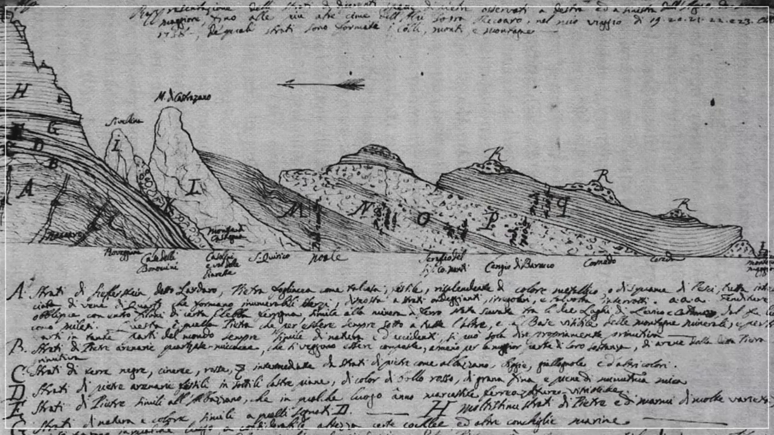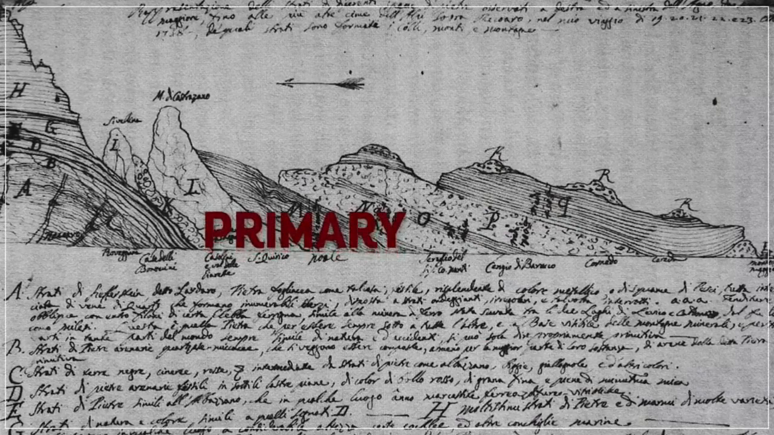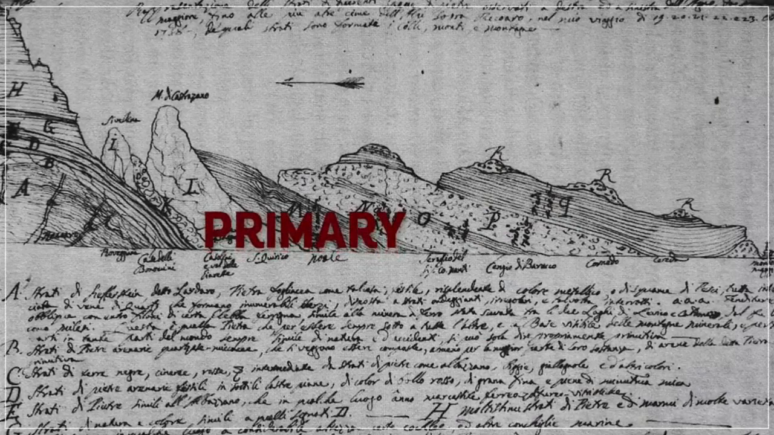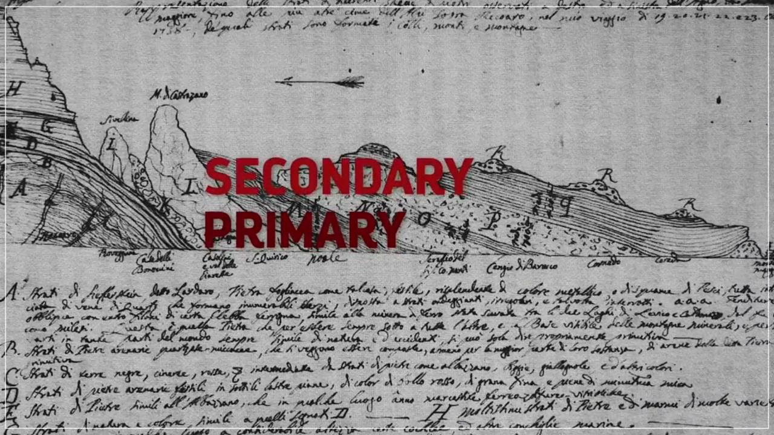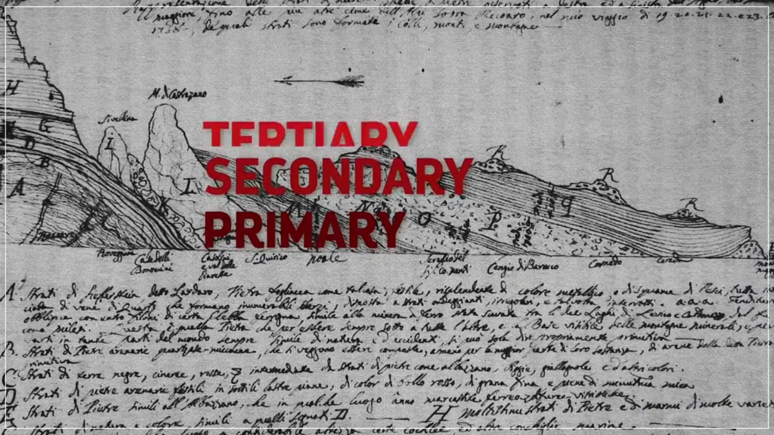Building on Steno's ideas, Italian geologist Giovanni Arduino went a step further and began naming the layers of rock. In the 1760s, Arduino studied the Italian Alps, organizing their layers based on their depth and composition. The lowest layers of metamorphic and volcanic rocks he called their primary layer. Above those were hard sedimentary rocks, which he called secondary, and the top layers of softer alluvial deposits he named